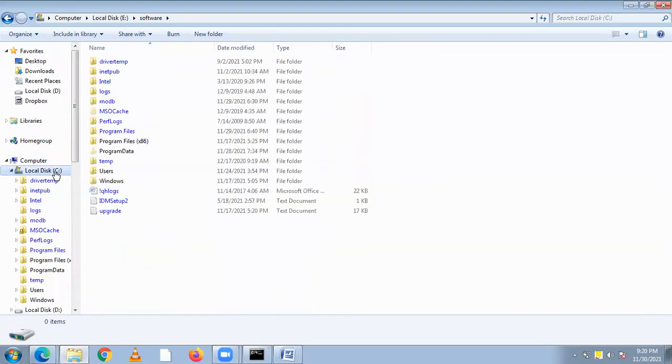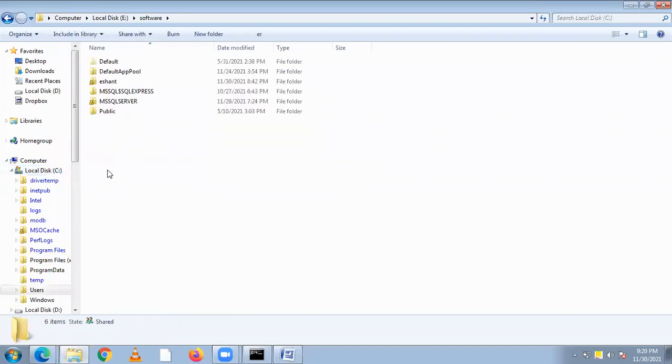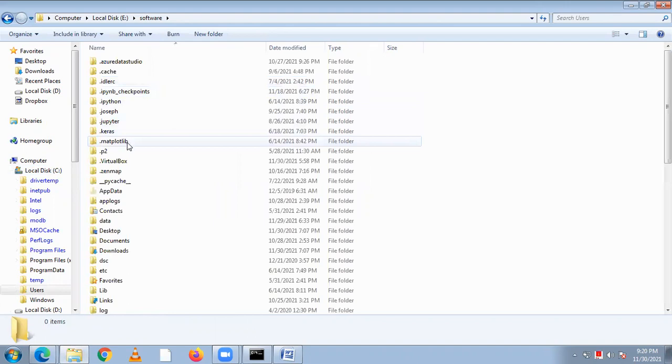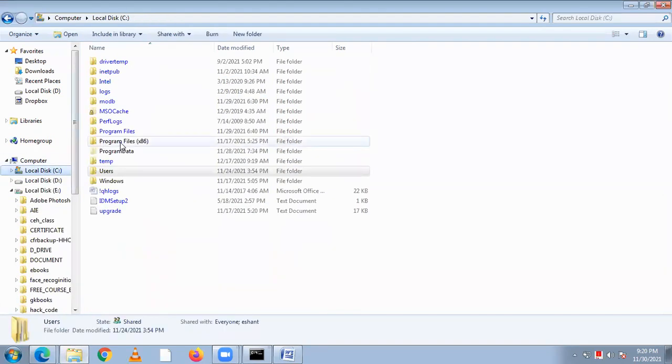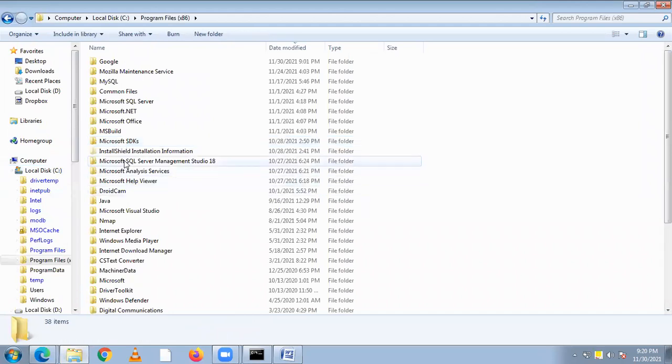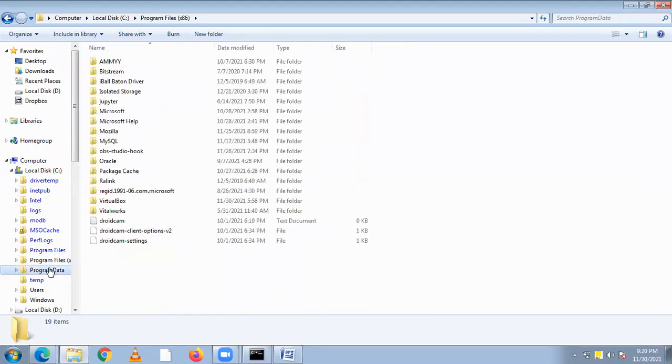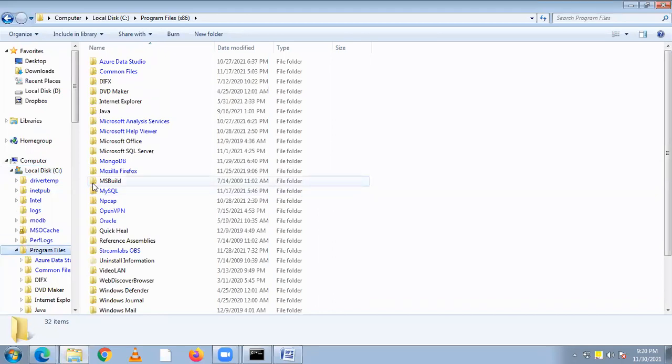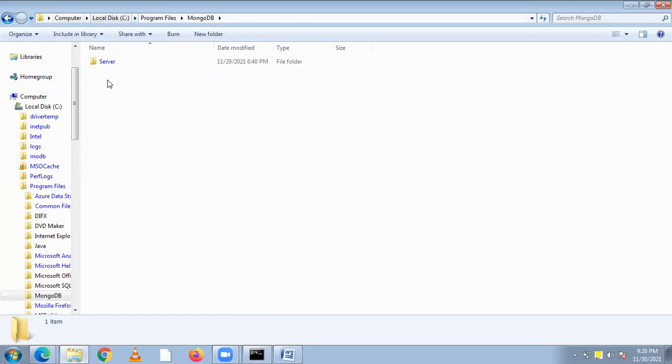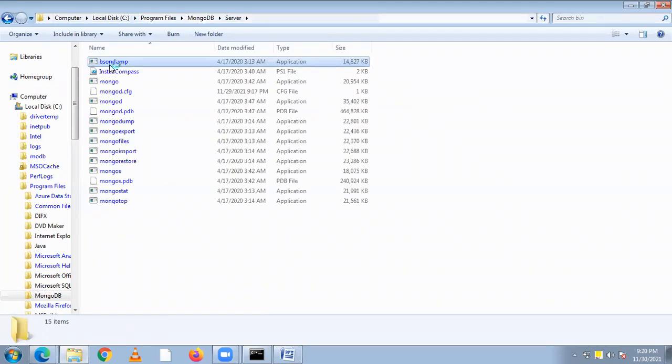C drive, users, not only this one, C drive, program files, and MongoDB. Wait a minute, let me check. Yes, not here. I think here. Yes, that one, MongoDB. Okay, now you press server, then bin.